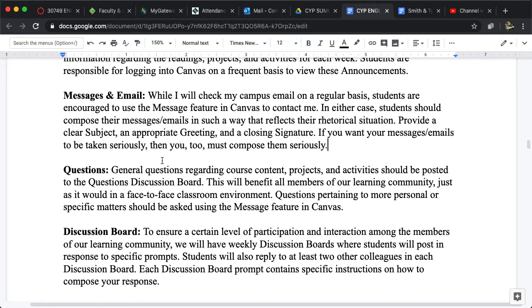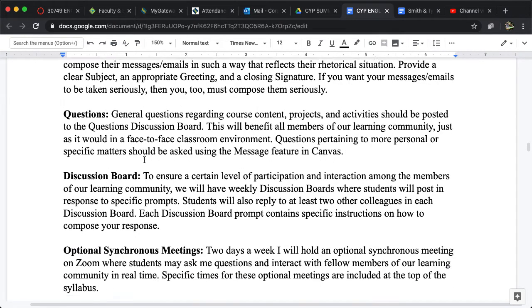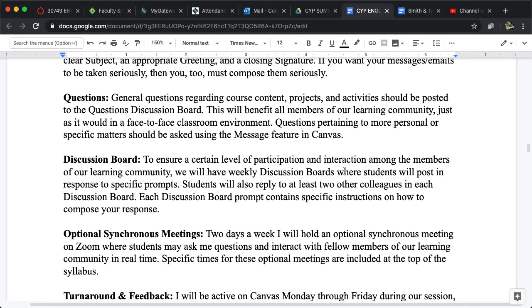General questions regarding course content, projects, and activities should be posted to the questions discussion board. In Canvas there is a discussions tab, a navigation tab on the left side. When you click that, it'll show you all the discussion boards for the course, and there's one called questions, and that's where I'd like you to post general questions.